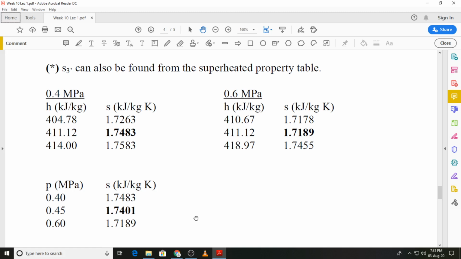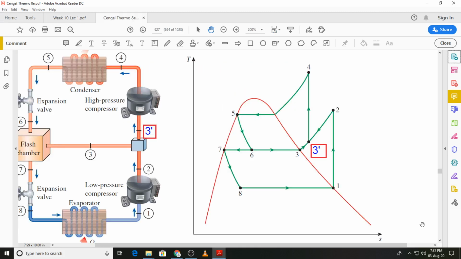That is the value which I had obtained from the pH chart. Slight differences can occur, that is expected, because on the pH diagram you might have to draw the entropy lines yourself, but it is definitely quite a convenient way to obtain properties, and you can also visually see that you are following the correct cycle when you use the pH chart. And finally, let's also look at the same cycle drawn on a TS plot. Okay. You can see that